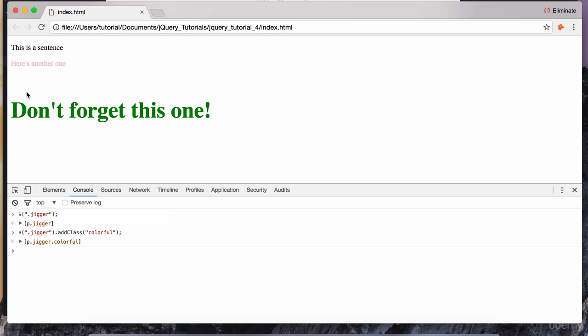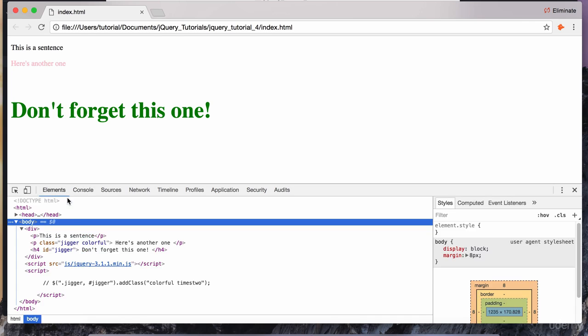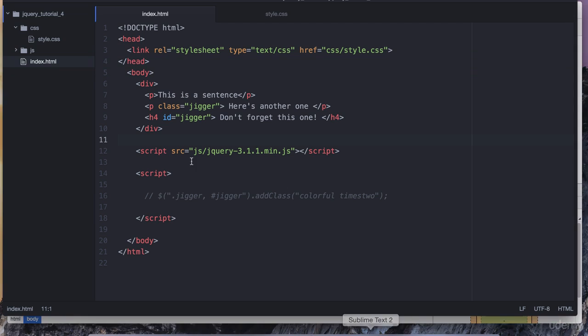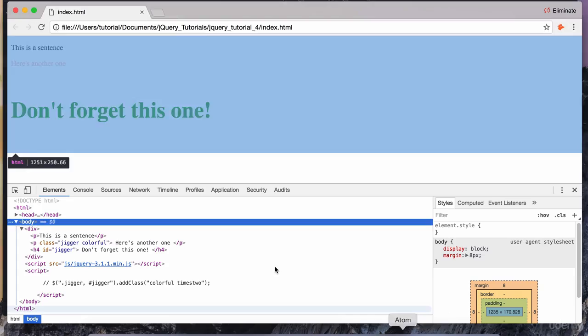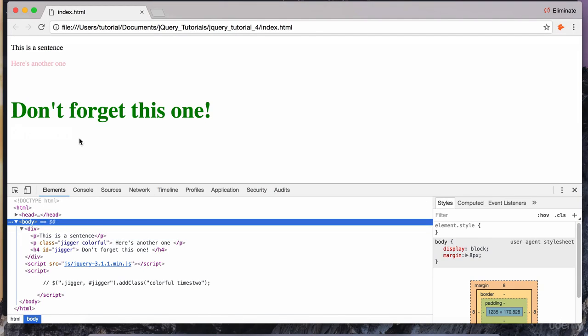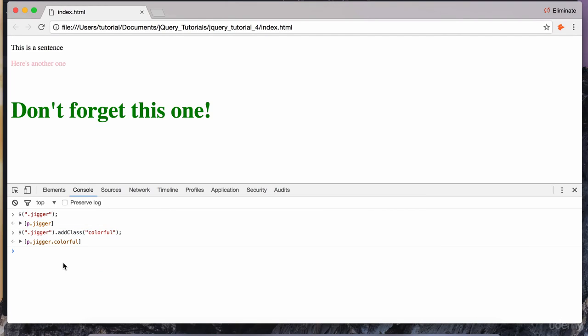Hit enter, and notice that the color changed to pink. And here in the Elements tab, you'll see that the colorful class has in fact been added to this p tag. So this is pretty cool. You're making changes to the web page in real time without changing your source code. Nothing changed here. This is your static page. But in the browser, this tool that's available to us, we can use it to test out the development of our web page. Similarly to adding the class, I can remove the class by just changing it to remove, and